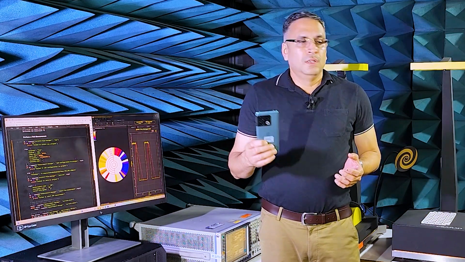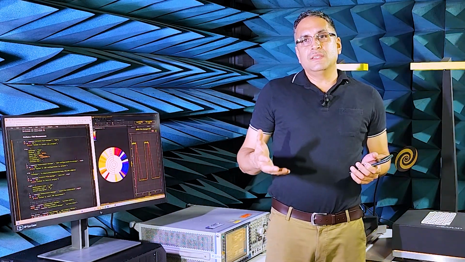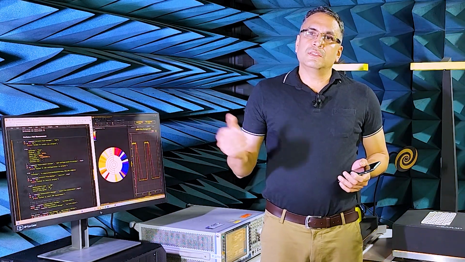The API extension is especially helpful for device manufacturers, test labs, and the regulators who want to quickly evaluate devices using custom test sequences.